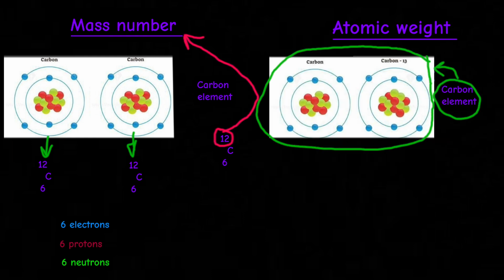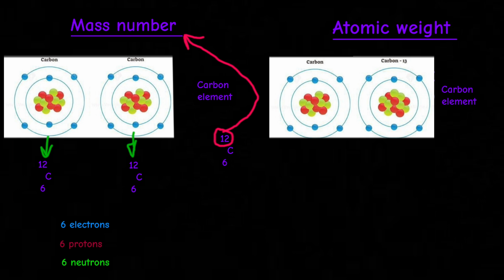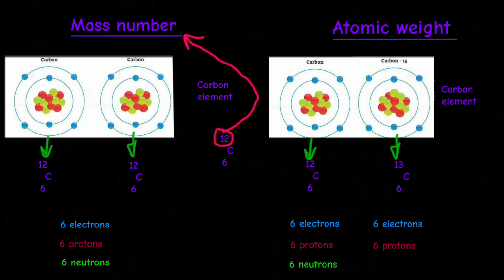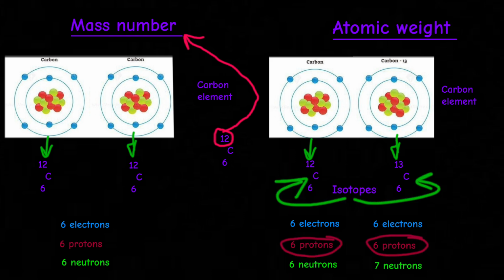Also consider a carbon element that consists of many carbon atoms, each represented by carbon-12 and carbon-13. This means that the carbon-12 atom and the carbon-13 atom each consist of 6 protons and 6 electrons. However, the carbon-12 atom consists of 6 neutrons and the carbon-13 atom consists of 7 neutrons. They are called isotopes because they have the same number of protons but different numbers of neutrons. The overall representation of this element is